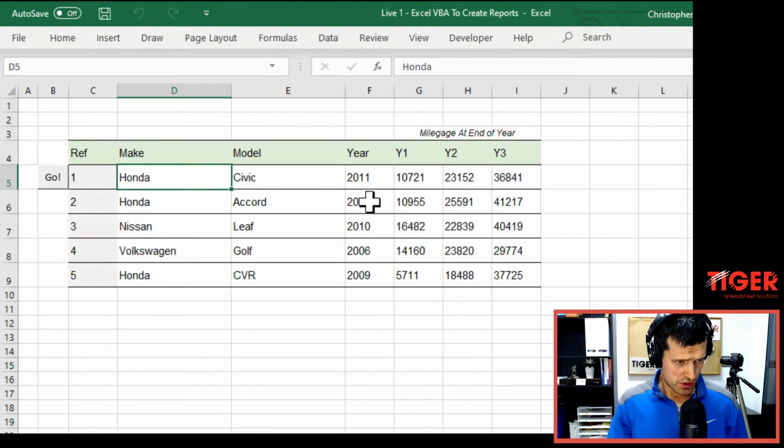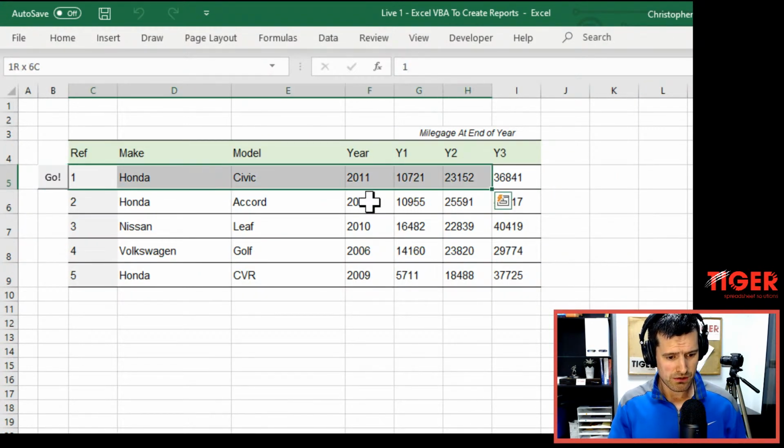What we're trying to do is to take a single row, and we're going to take the first row to begin with. We've got a button here. So we want to be able to click on that button, and then for the data in this row to be transferred